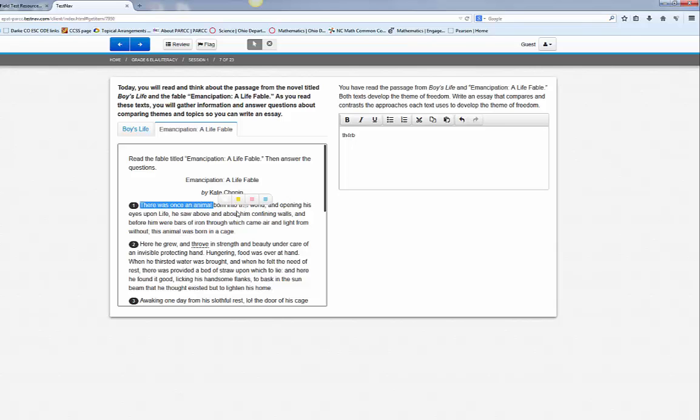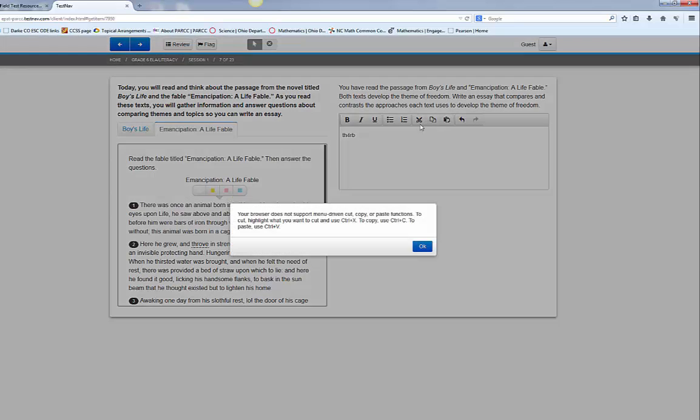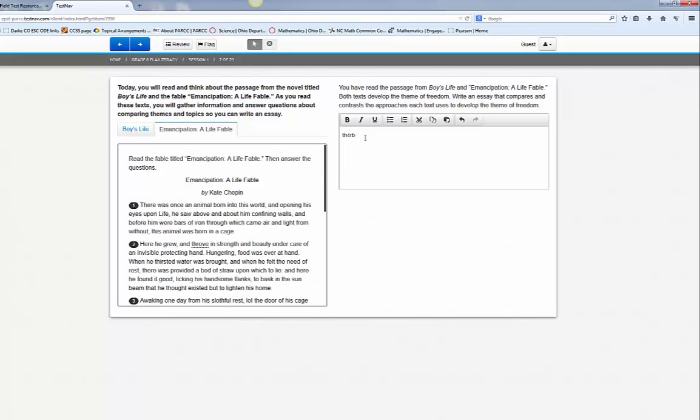the passage. So if I want to copy this, I guess your browser needs to make sure that it can support that. And that's one thing that you do need to make sure all of your computers are set up with the correct browser settings to allow these to work. But if the browser is set up correctly, you should be able to copy and paste things within that text